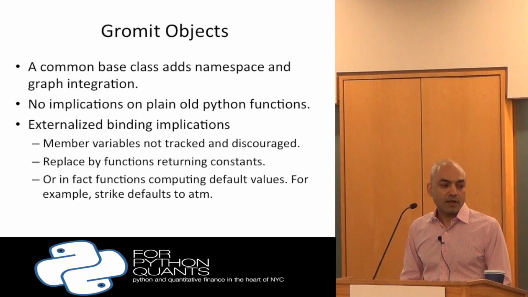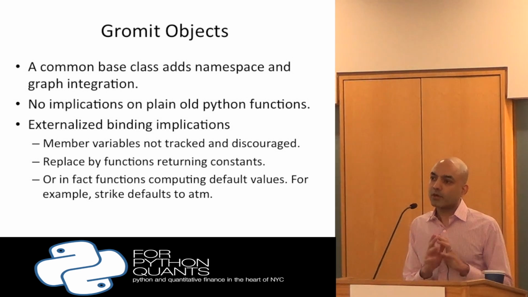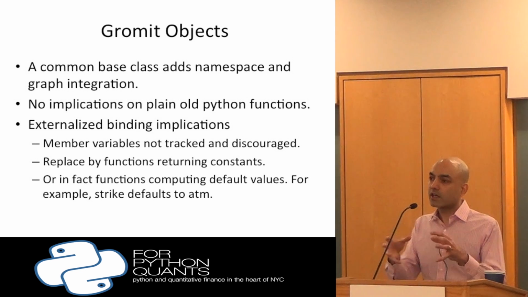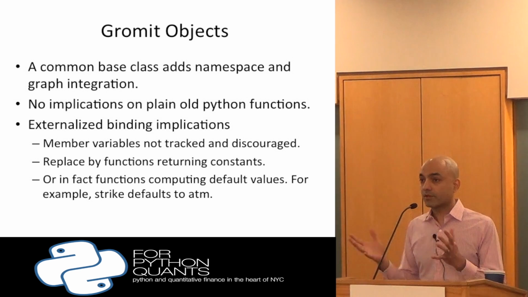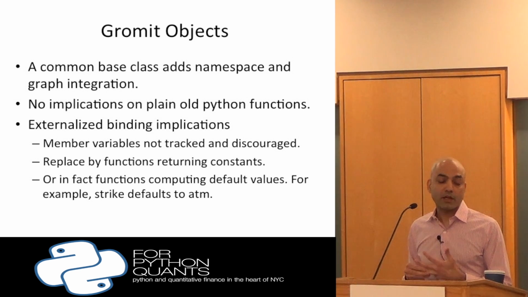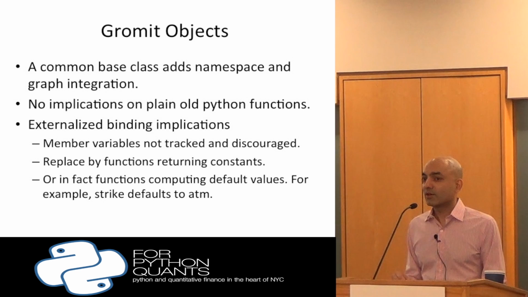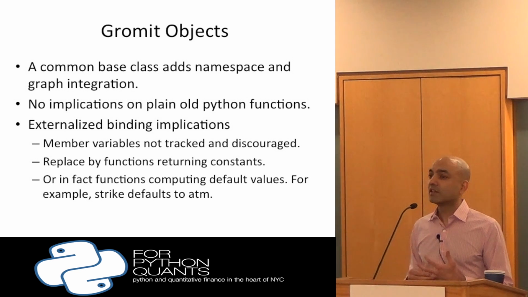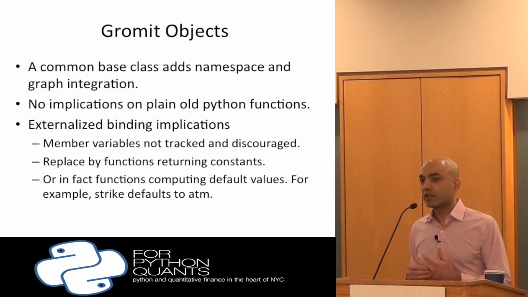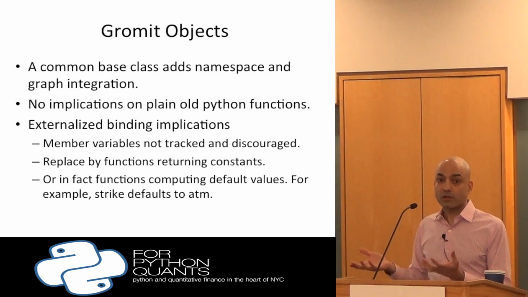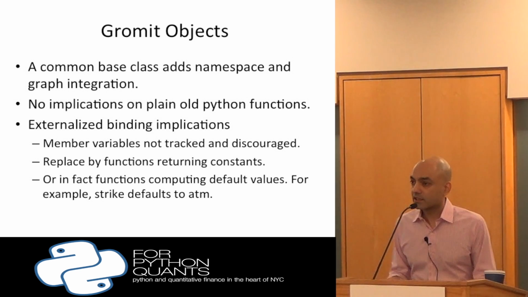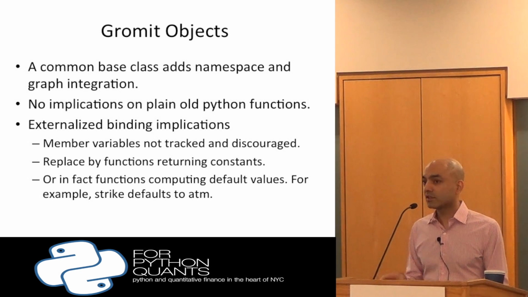And since we talked a bit earlier about side effect free functions and externalizing all the bindings, that has a bunch of implications. What that means is that member variables don't work, because we don't really want to instrument getAttr, and I think that would be a confusing syntax. It's better to have a variable be a no argument function call, very much like Scala, which has no argument function calls. But Scala goes a little bit further. It lets you access them as properties, which you could do the same.